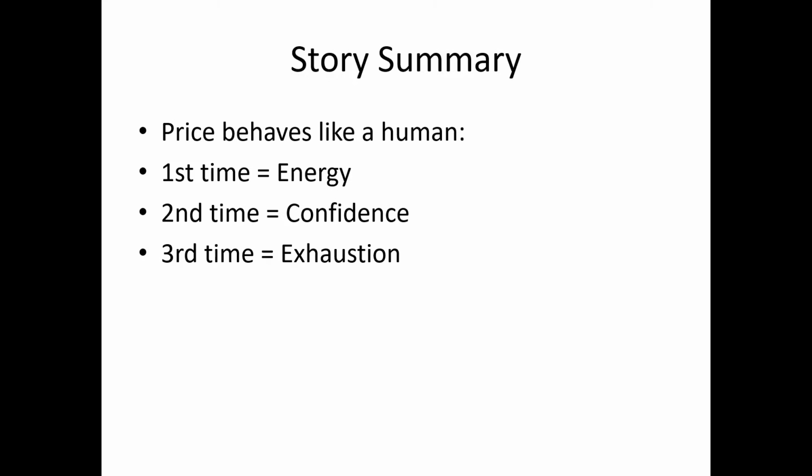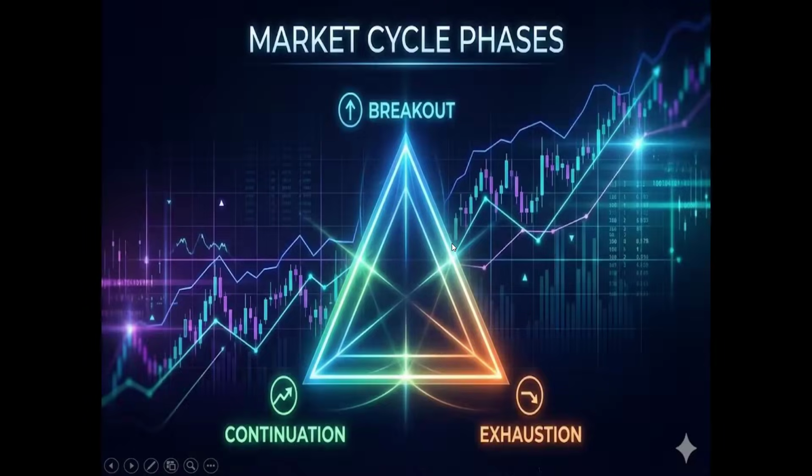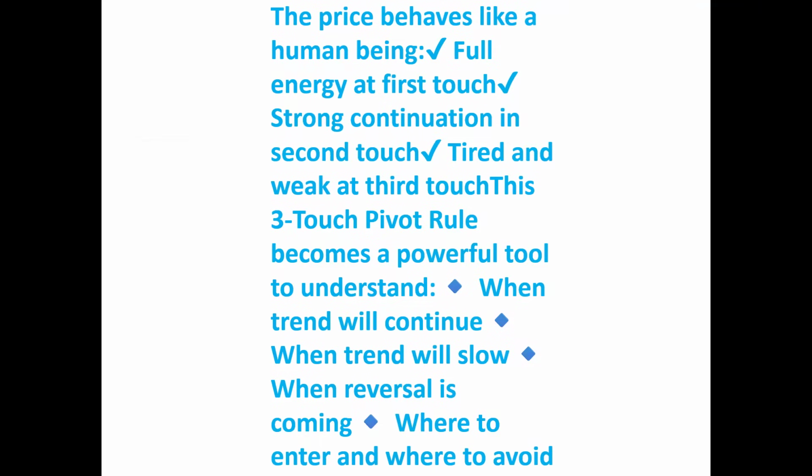When you see the exhaustion phase, you can notice so many things. Price comes inside and touches the S1, and also you can see the range of the trend move shortens. That time you need to be careful that something is cooking and you should be careful in that. So continuation, breakout and exhaustion, these are the three market cycles you need to observe in the market.